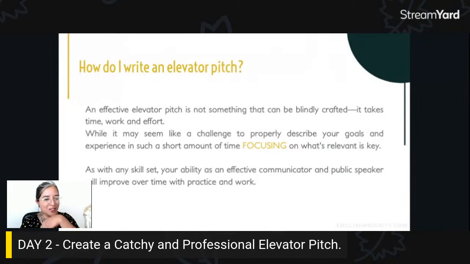And this is why we were talking about this yesterday too. You can have different elevator pitches. You can have one when you are in a professional setting, like in a conference or in an event, and then you can have a general elevator pitch for people from different industries. You can have a really industry-centered elevator pitch. You can have an elevator pitch for you as an individual, as a professional, but you can also have one for your company, the company you work for. So there are many options, many possibilities, but you just have to focus on what's relevant.